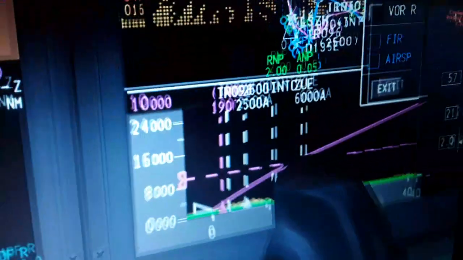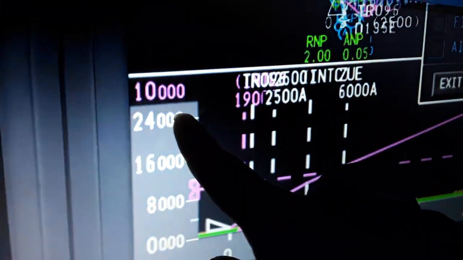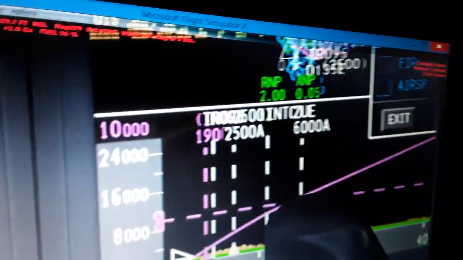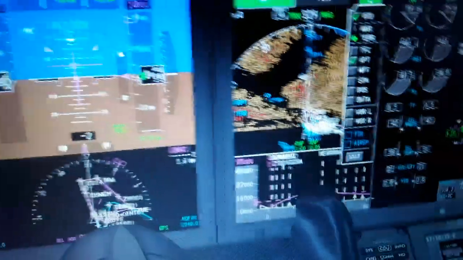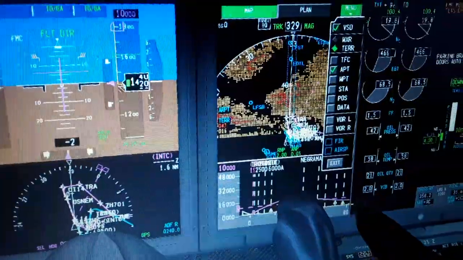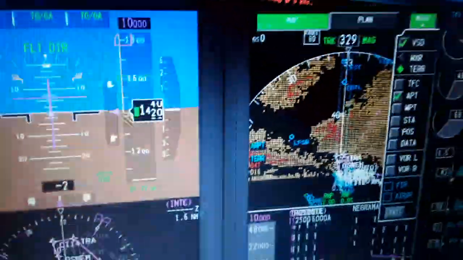Also, like 8,000, 16, 24,000. So you can see the terrain in front of you. You have some mountains. You see the flight plan also here, and also the plan mode. So we have also, if we look further away, we're gonna have the descent also. We're gonna have cruise then descent over here, and the cross of the